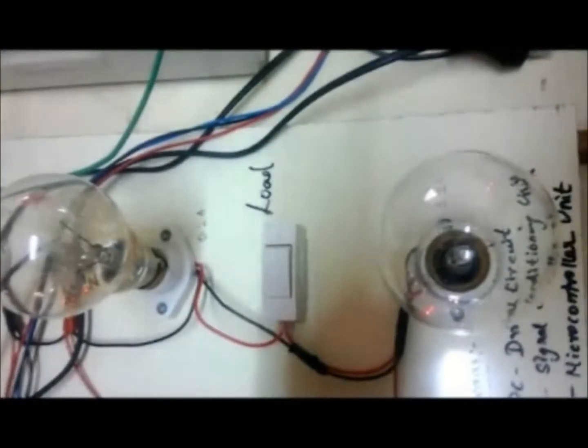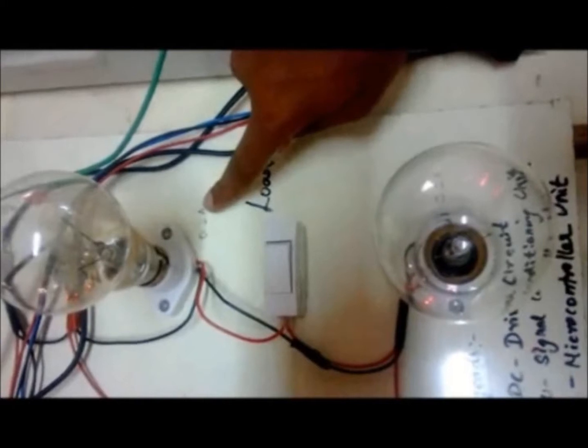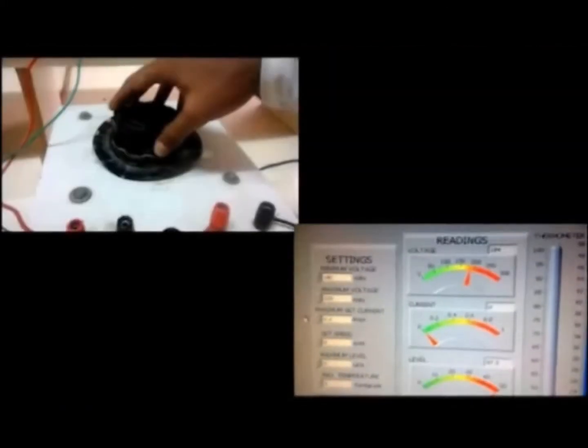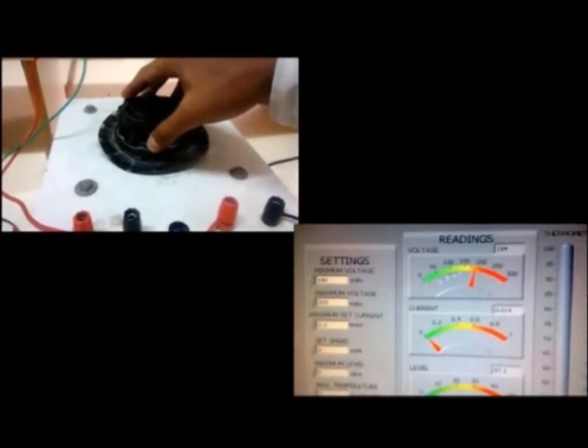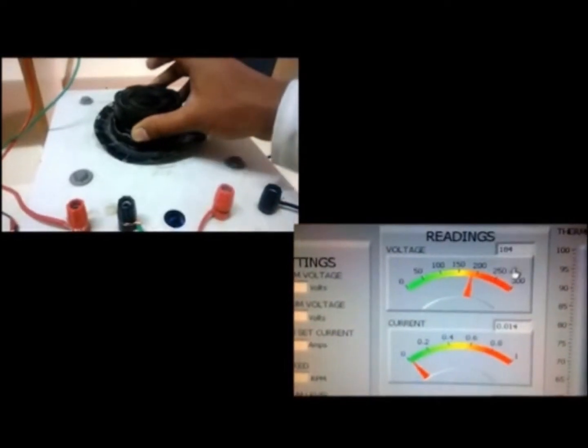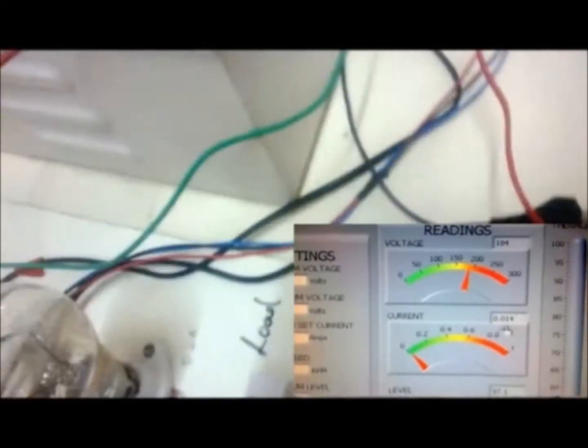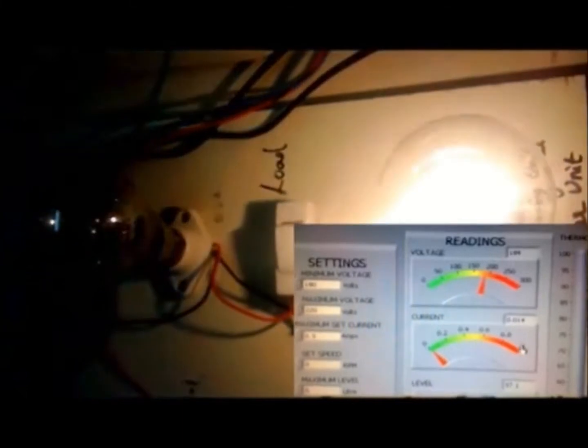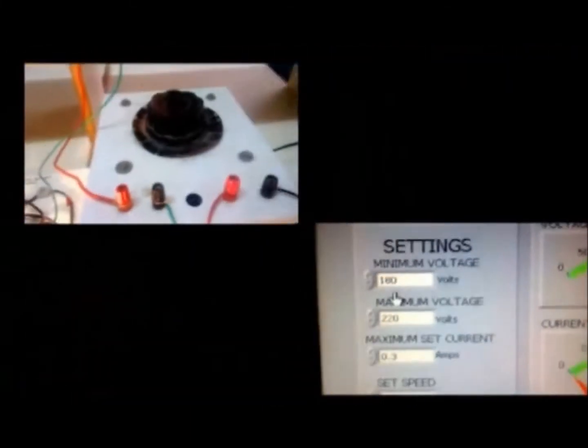The load gets switched off. Now I'm going to bring it beyond 180 volts. Hence the load is on. Now by providing over voltage above 260 volts, the load switches off.